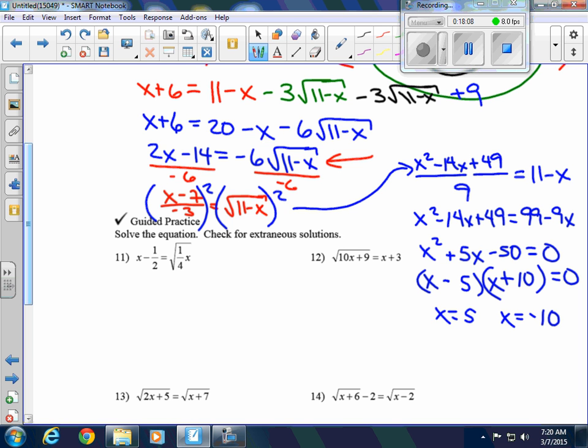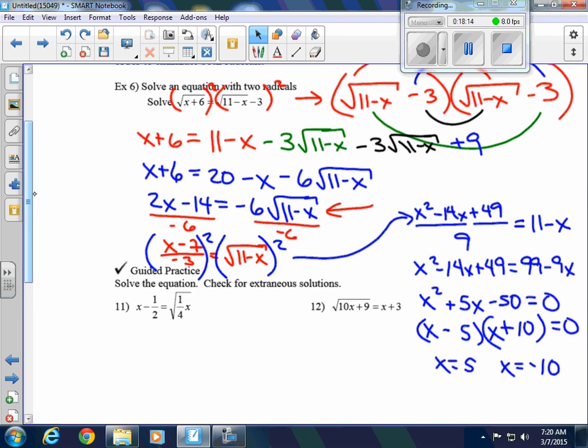So now what we're going to have to do is go to our original equation and plug them in to see if they work. So we're going to check 5 and negative 10. So let's erase this up here so we can see this. So we're going to plug it in. 5 plus 6 is 11. So we have the square root of 11. And 11 minus 5 is 6. So we have the square root of 6 minus 3. So if we plug that in,